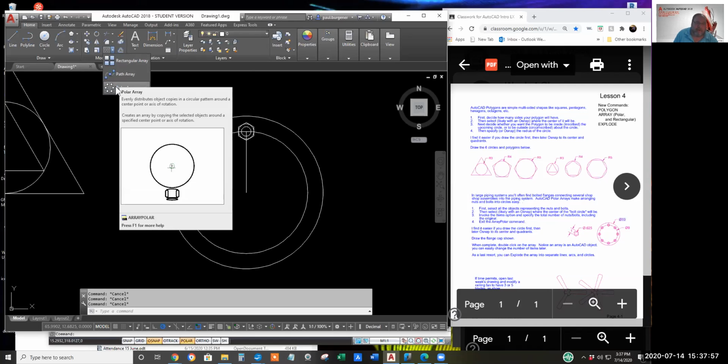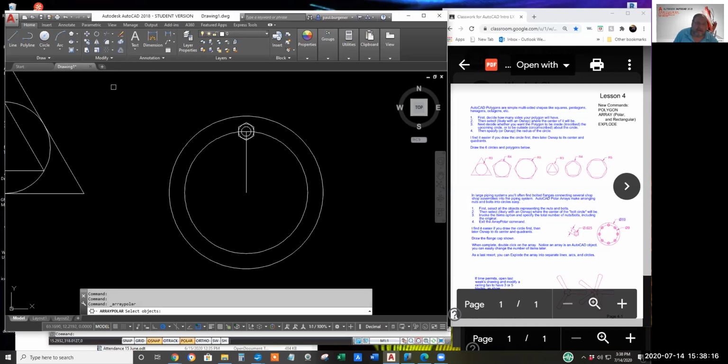I'm going to click polar array. I believe if you type the word polar, enter, you need to specify which style, rectangular or polar, with the icons built in. Click on the polar array icon.